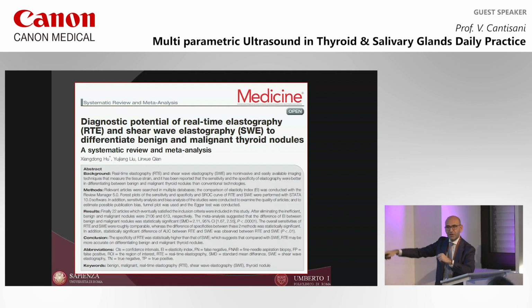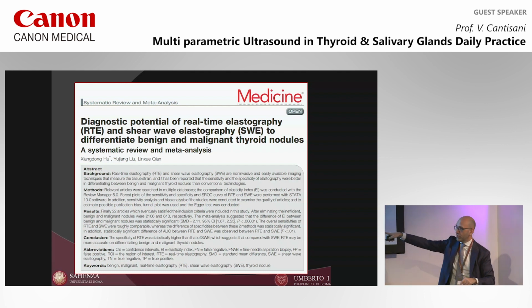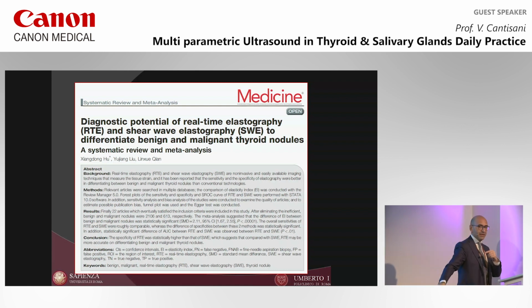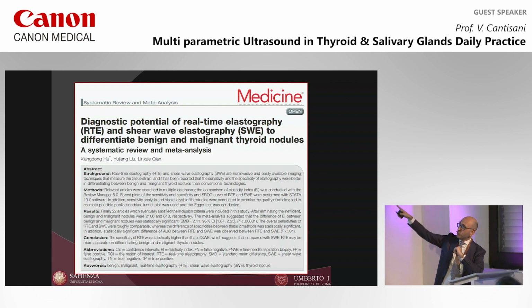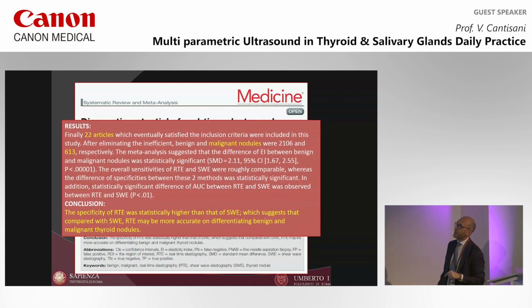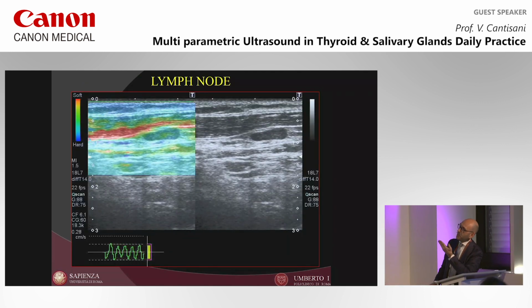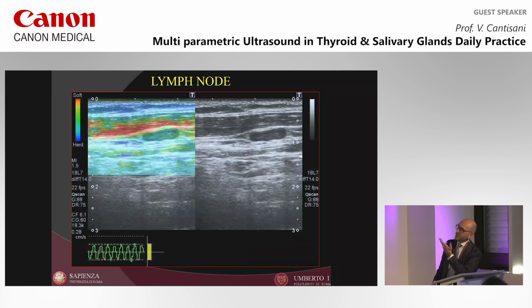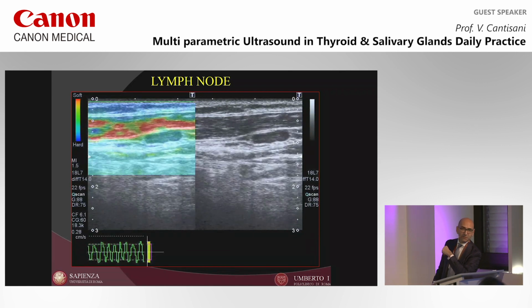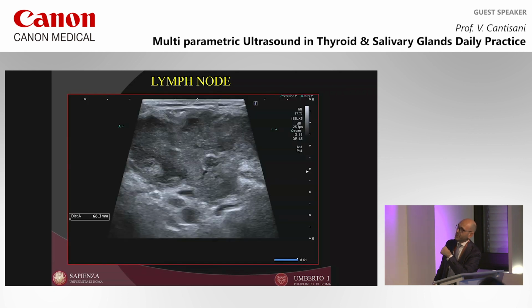Strain or shear wave? I showed you strain, just better, yes, but according to the literature right now, strain has higher sensitivity, confirmed also by this very recent meta-analysis. Lymph nodes. What are the possibilities for lymph nodes? If you see this kind of lymph node, this is a very reactive, very hyperplastic lymph node, very soft. Conversely,